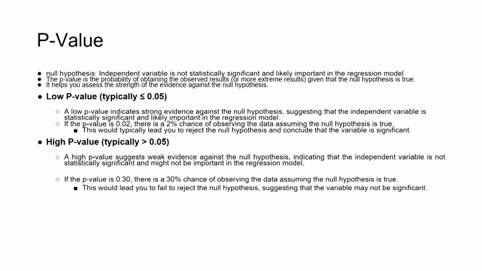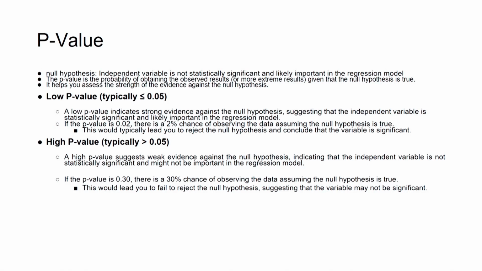So, this p value helps us to assess the strength of the evidence against the null hypothesis. If the p value is low, typically less than or equal to 0.05, a low p value indicates strong evidence against the null hypothesis. Suppose the p value is 0.02, then we can say that there is a 2% chance of observing this data assuming the null hypothesis is true. It means your data is such that only 2% of it is according to the null hypothesis,